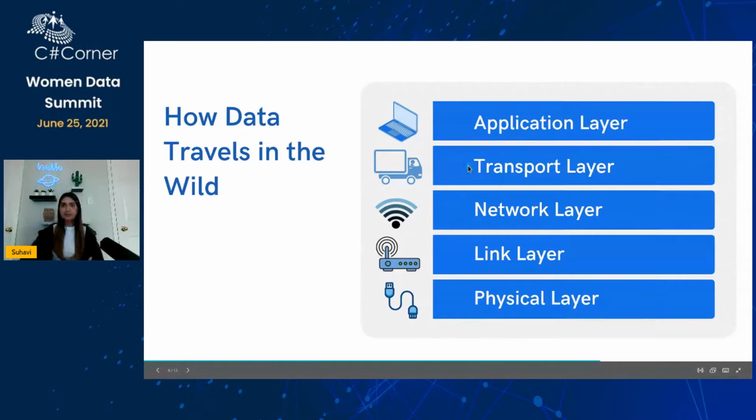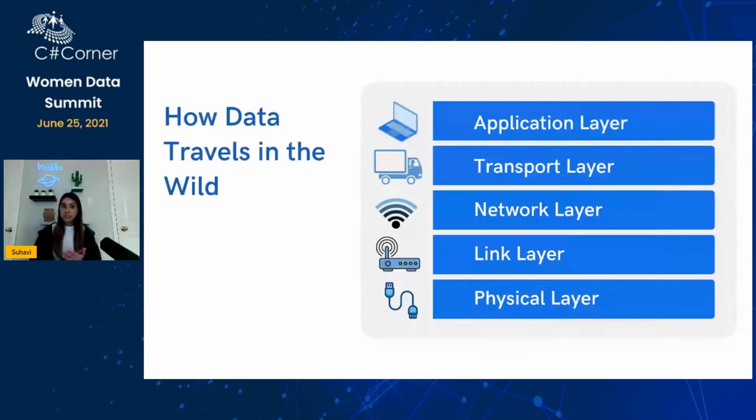Then we have the transport layer, where our data packet is cut up into bite-sized segments for easy transport. And the network layer takes our segments and using the internet protocol routes them appropriately across the network. As we go lower and lower down this diagram, we get more into the physical realm, with the link layer governing our routers and the physical layer being the actual wires that our data is traveling on. So this is kind of like a really big picture of what happens when you make a request for data on the internet. And when you're making an HTTP request, it'll go through all of these phases. If you make another HTTP request, it'll do the same thing over and over again.